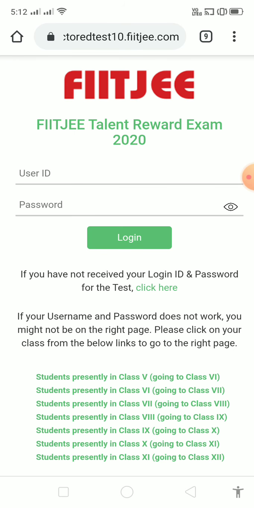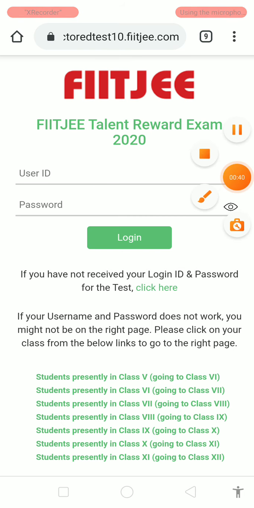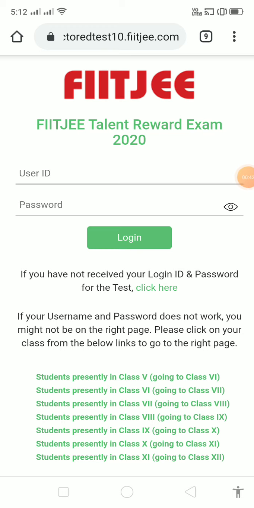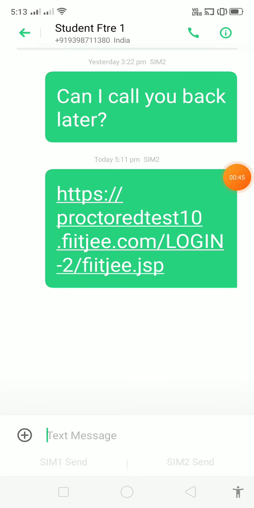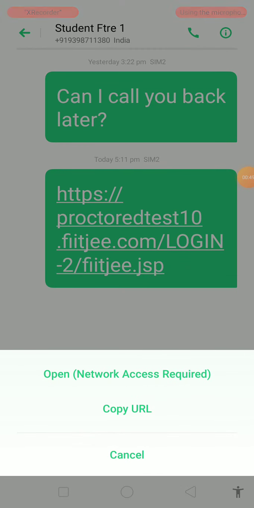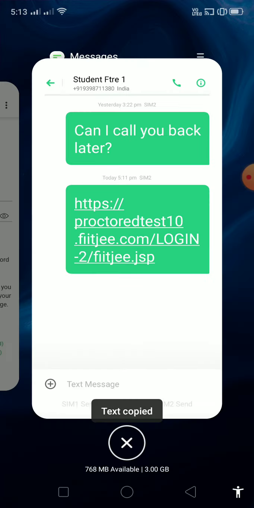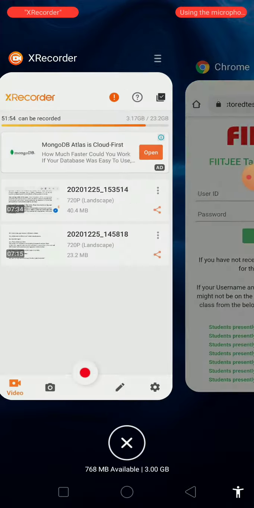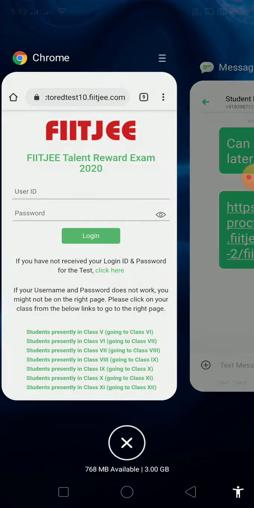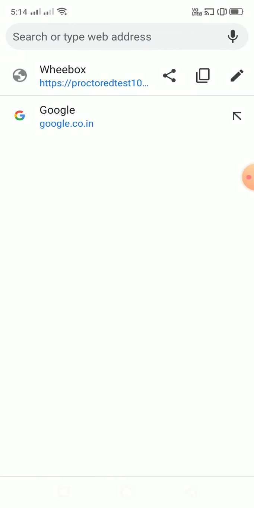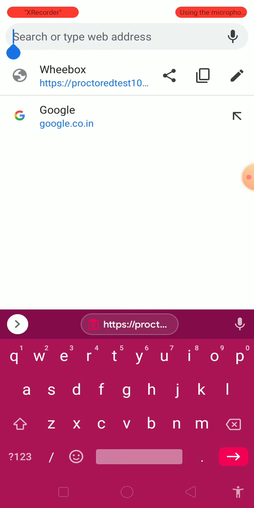If it doesn't open like that, you can directly copy the link, open the Chrome browser, go to the URL bar, and paste it there.